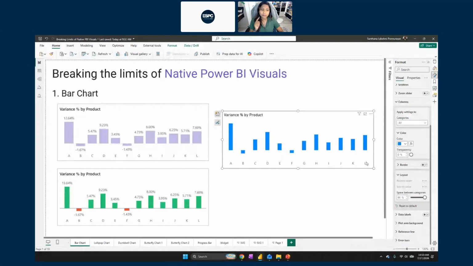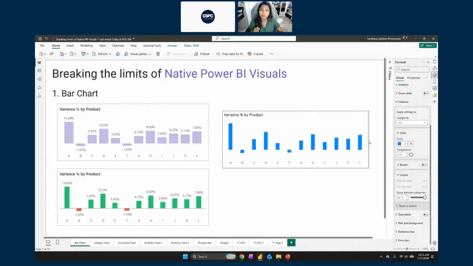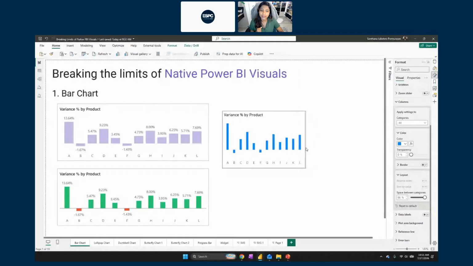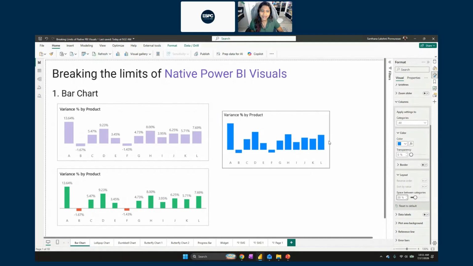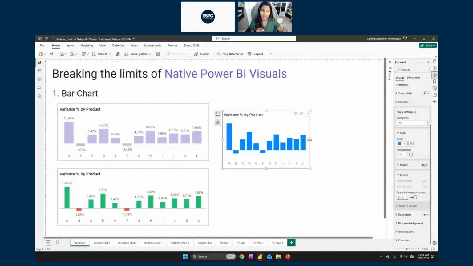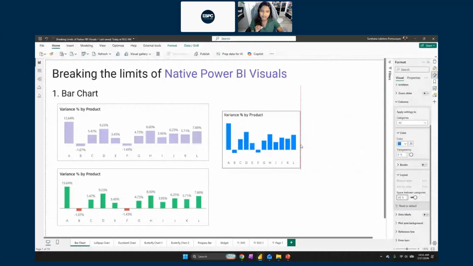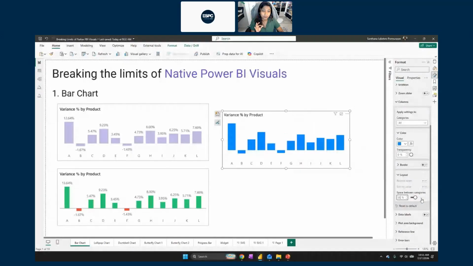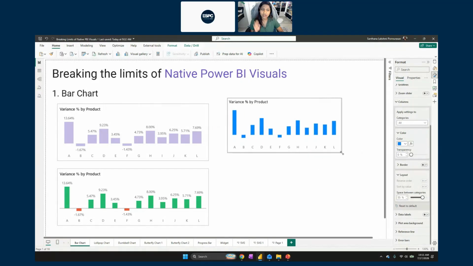Now, the best part about this is you can actually save space in your reports by minimizing or maximizing the size. Now, imagine this was the default. When I reduce the size or when I increase the size of the width of the visual, you see how it becomes very cluttered. But when I have the space increased between my categories, it looks much cleaner and much neater. So now what I've done is reduce the size of my width.